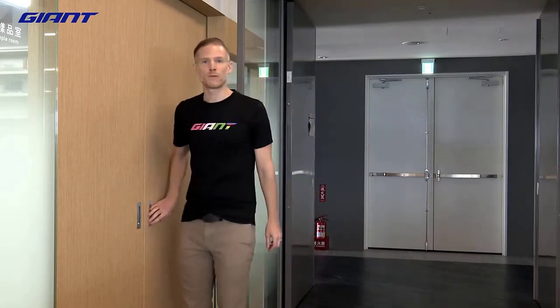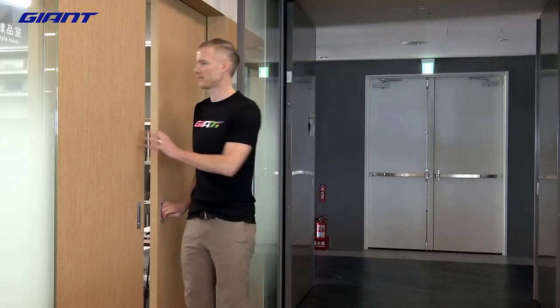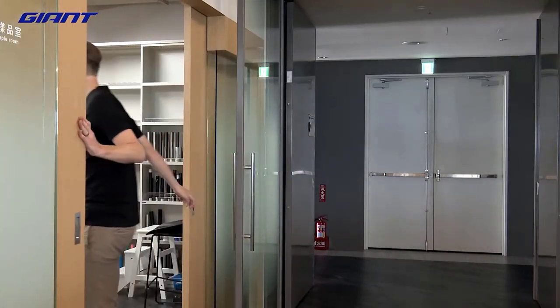This is the color and graphic room of our design studio. Hey, Alan. Hey, Eric. Alan, you were responsible for much of the color and graphic development for this new TCR series. It's very clear that we've seen a vast improvement for a lot of Giant products, but especially TCR in this new generation. What were some of the things you focused on along the way, and how did you go about this design process? Okay, for color and graphics, we are always studying trends and getting inspiration from other